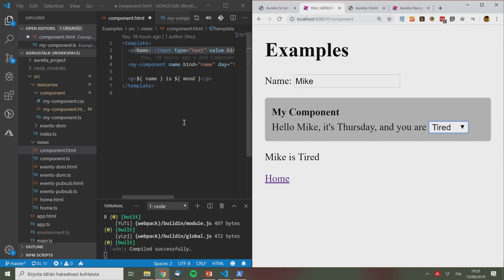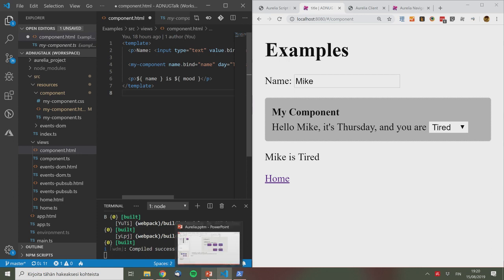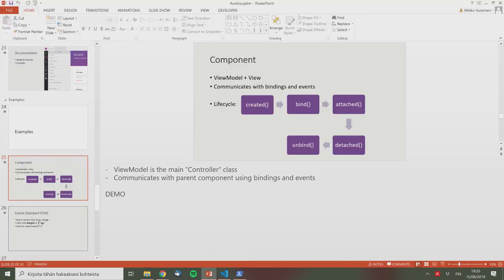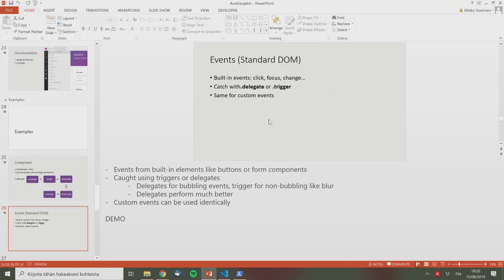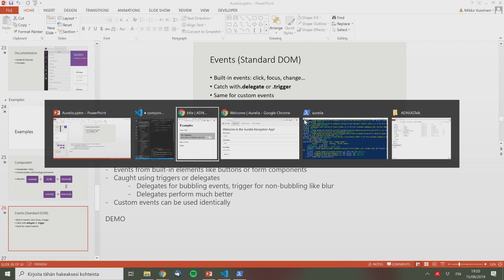So that's your simple component code. I can show that later in more detail if you want. Another example that I have is events. So I'm going to show first just standard DOM events. So what you can do with those is